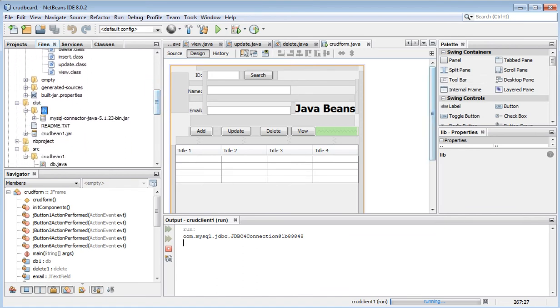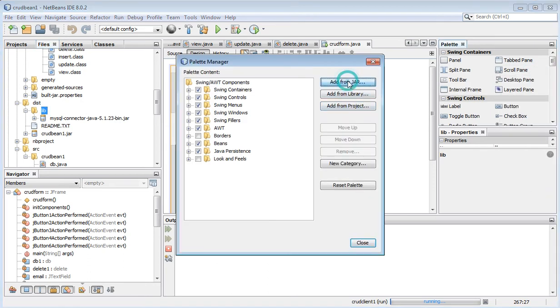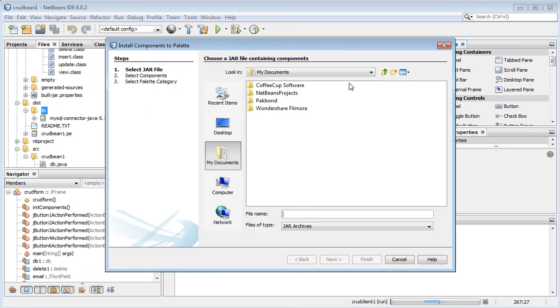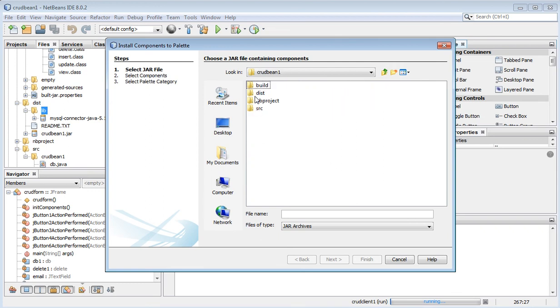If you see here, we have CrudBean1 and we have source packages, we have CrudBean1 and we have all these Java classes, okay.